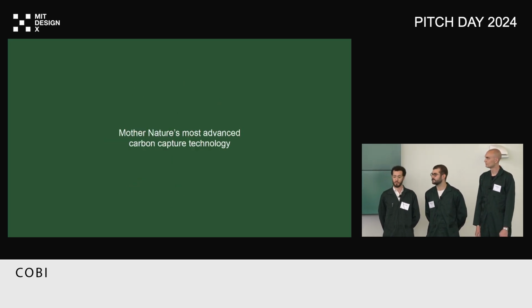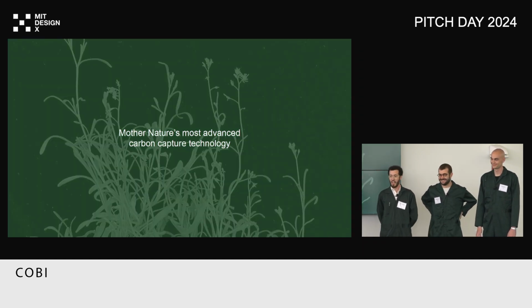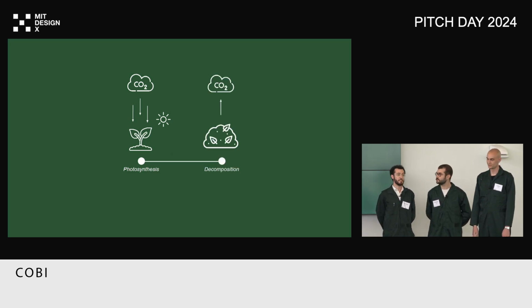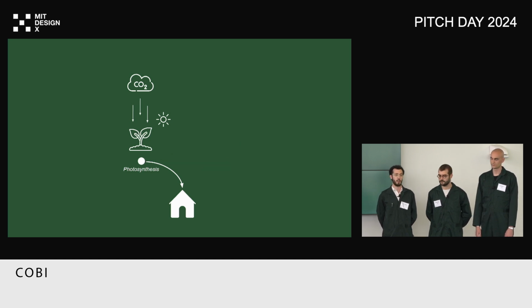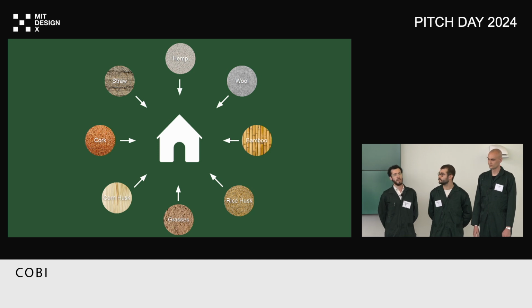Well, we use Mother Nature's most advanced carbon capture technology available anywhere on the market, and that's plants. Plants naturally absorb carbon dioxide as they grow through photosynthesis, and emit this carbon dioxide back into the atmosphere when they decompose. But if we can store this organic material in the walls of our buildings, then we can lock away all of this carbon for the lifespan of a building, many decades. So if we can build with plants rather than with fossil fuels, then we can turn buildings into a climate